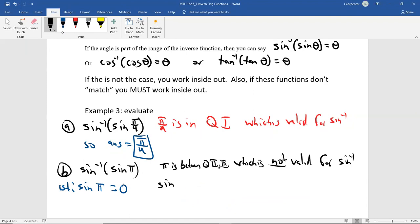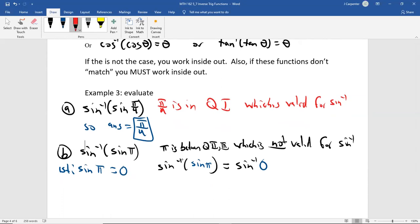So inverse sine of sine of pi, I'm just writing in blue so you can see the direct substitution. This will now be the inverse sine of 0. Now this 0 is not an angle. This is not 0 radians. This is the ratio of 0 over literally any number. So what you're asking here is, we're trying to find the inverse sine of 0. So what we're saying is, find an angle so that the sine of that angle is equal to 0, but